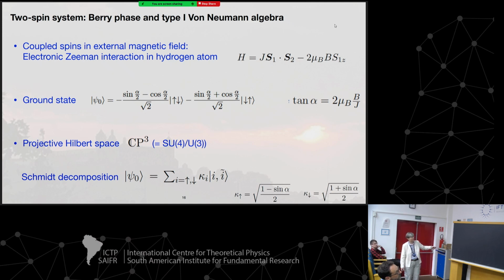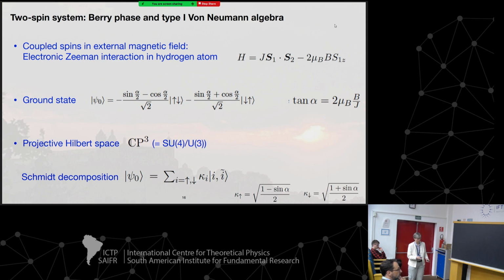But then you can restrict to the so-called projective Hilbert space, which removes all the phases of physically equivalent states. Essentially, this boils down to the space of all the pure states. In quantum mechanics, there's also something called the Schmidt decomposition, which means you can write the ground state here as a sum over tensor products from the Hilbert spaces of the 2 individual theories. If you do this, you get 2 coefficients. That's related to what I was writing here. Alpha is related to the magnetic field divided by the coupling constant. This is the coupling constant, here's the magnetic field.